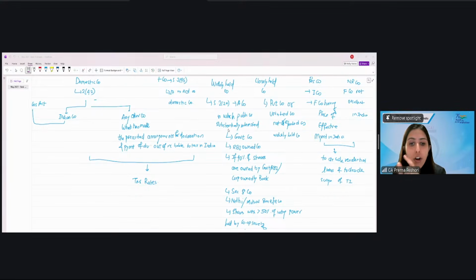For the held to maturity, these are long-term investments. So in those cases, it is an investment, it is a capital asset, and therefore the broken period interest will not be allowed as deduction because it is a capital expenditure. Are we clear? So when you're talking about the income, you have to consider the expenses also, because when you